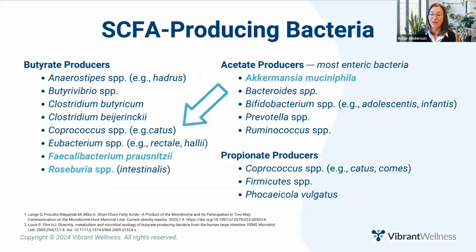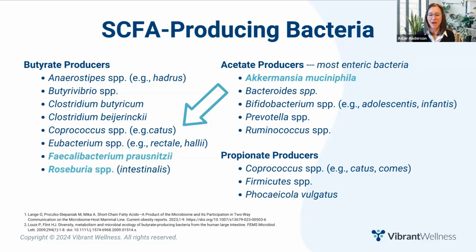The way you can rule out diarrhea and constipation impacting short-chain fatty acid levels, and to provide additional evidence that the patient isn't eating adequate fiber, is to look at the patient's levels of short-chain fatty acid-producing bacteria. Here are well-known butyrate, acetate, and propionate-producing bacteria, and note this list is not exhaustive. For those who don't know, SPP is an abbreviation that means several species, and I've included specific species in parentheses.